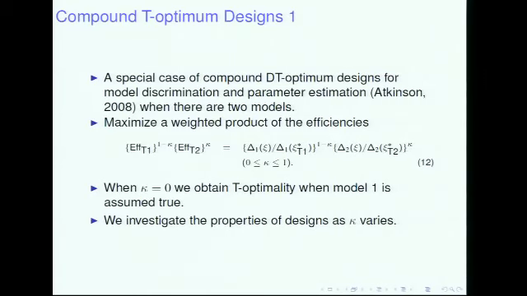Here's the efficiency of some design for discrimination against one model, discrimination against the other model. Here is the form of this product form of the combined efficiencies, and one of the component designs will happen when kappa is equal to 0, the other when kappa is equal to 1. And typically what one does in looking at compound designs is to try to find something which has good compromise properties found as the values of kappa